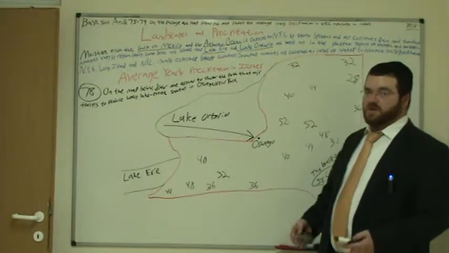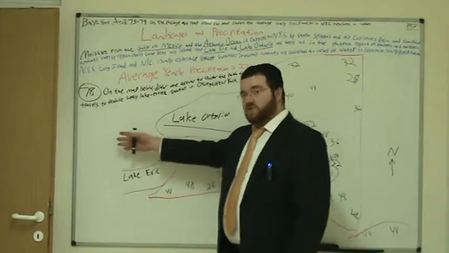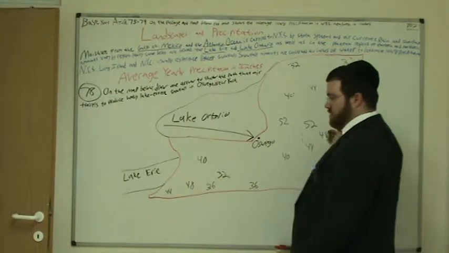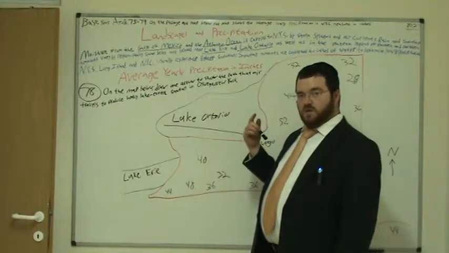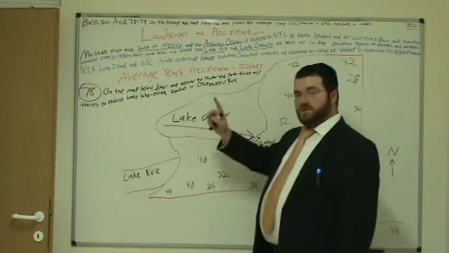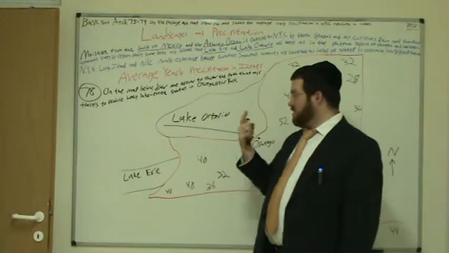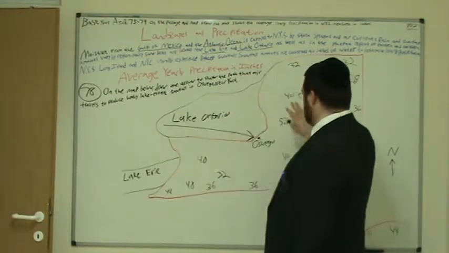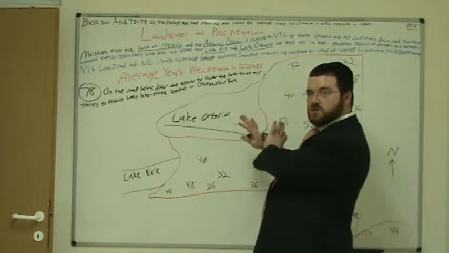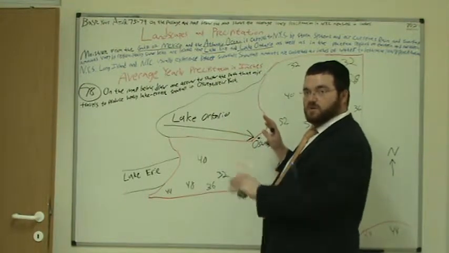Now lake effect means it's coming from a lake. And also it happens to be that the wind travels from the west to the east, right? Because the sun is rising in the east and setting in the west. Why? Because the earth is turning in this direction, it's turning towards the east. So since it's turning towards the east, it's going faster than the wind is going. So therefore,